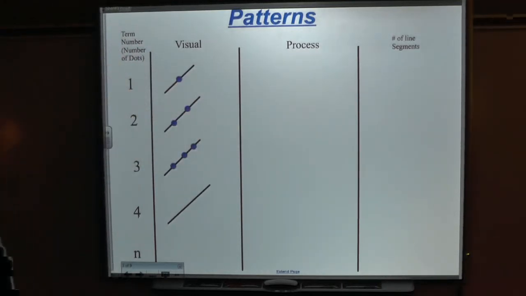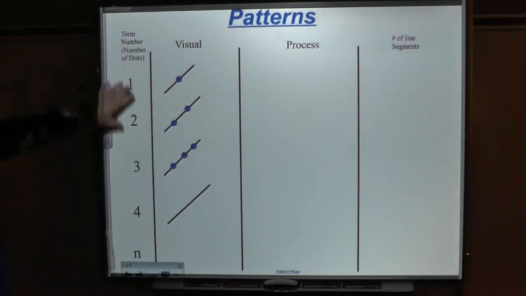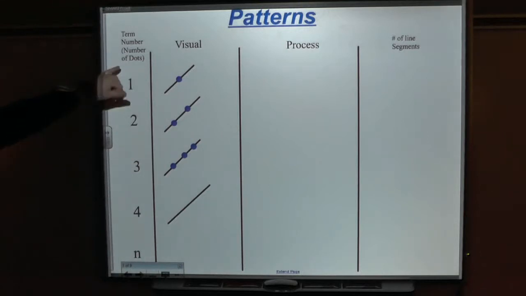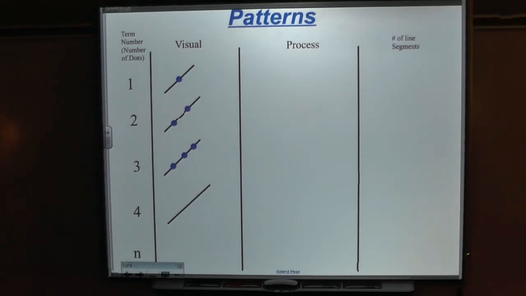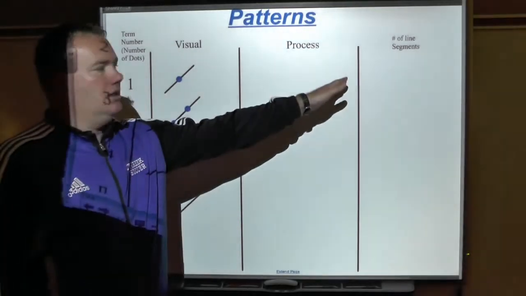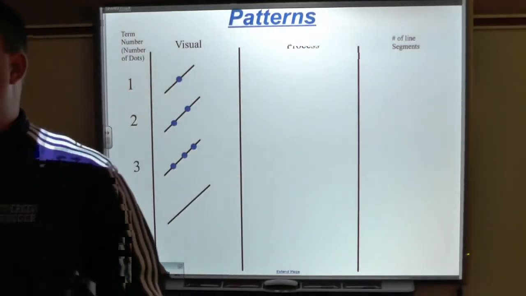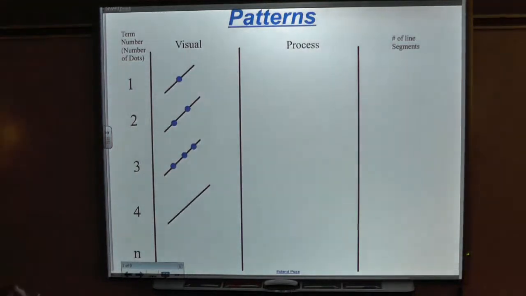of dots. Now as you look at this layout we have here, the first column is the term number, which we call in this situation the number of dots. That's your independent variable, your domain, your x-coordinate, what you need to know to begin with. What we're trying to find is, again, your range, your dependent variable, that y-coordinate, which is the number of line